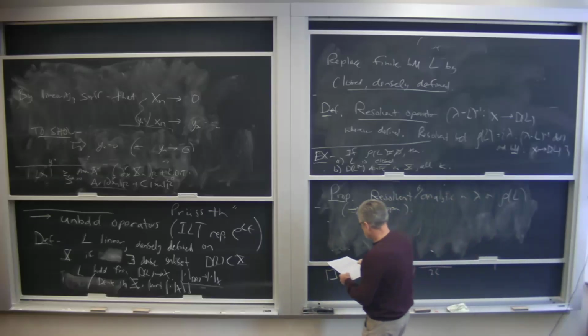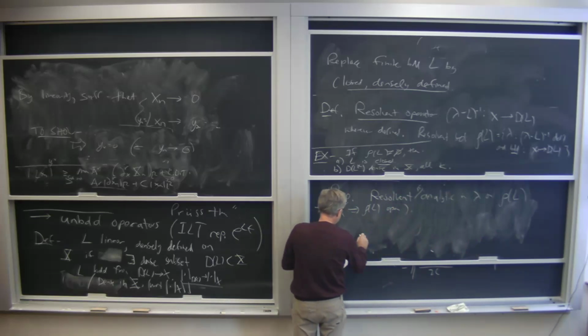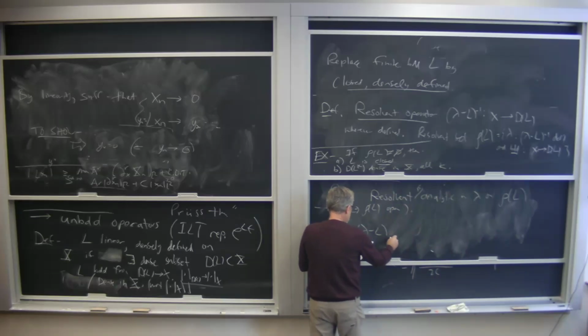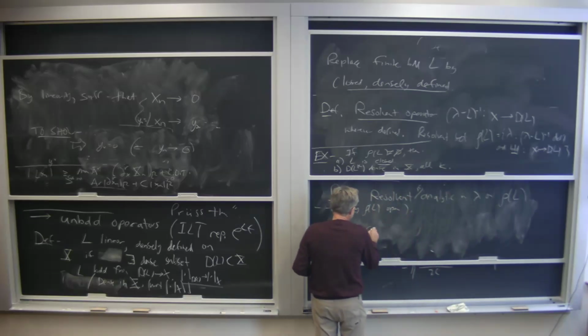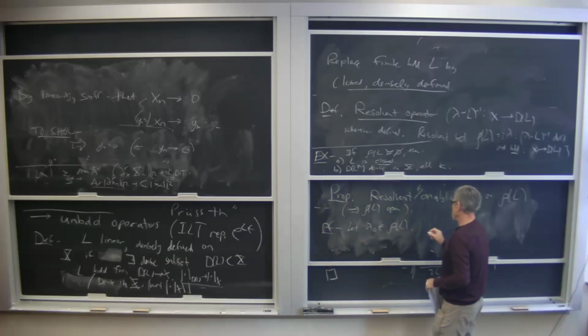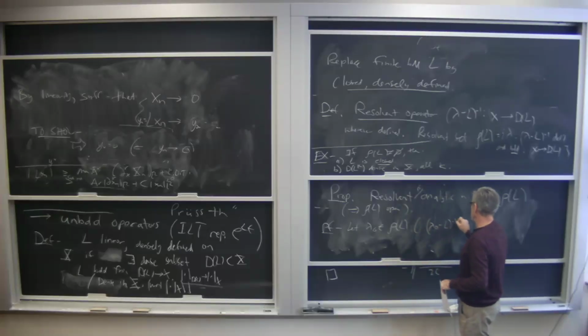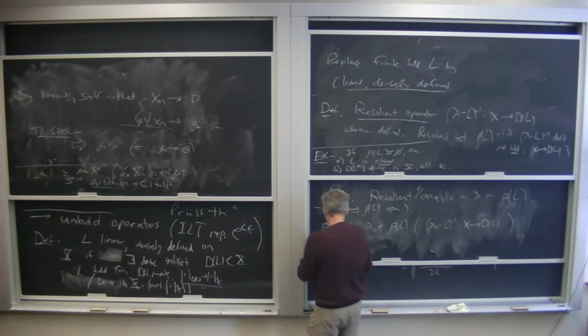Okay, and this is because we can write lambda minus L. Let's start with lambda naught a resolvent point. So that means lambda naught minus L inverse goes from X to D of L in bounded fashion. We'll write lambda minus L as